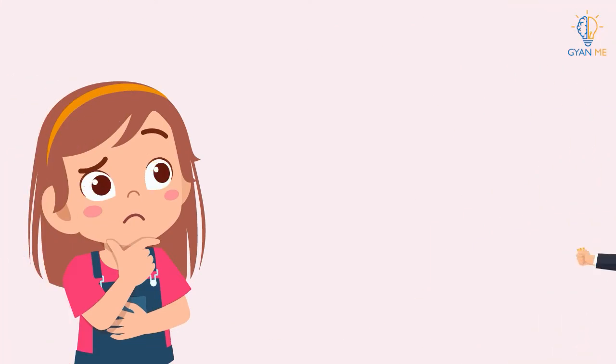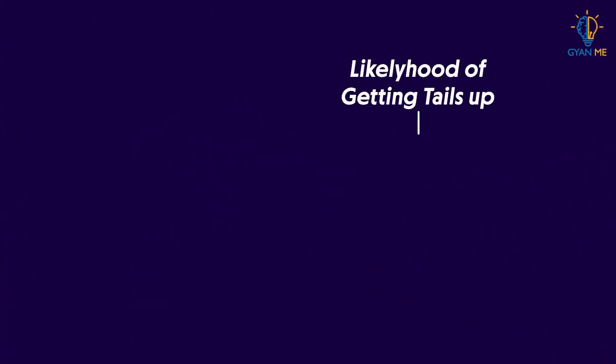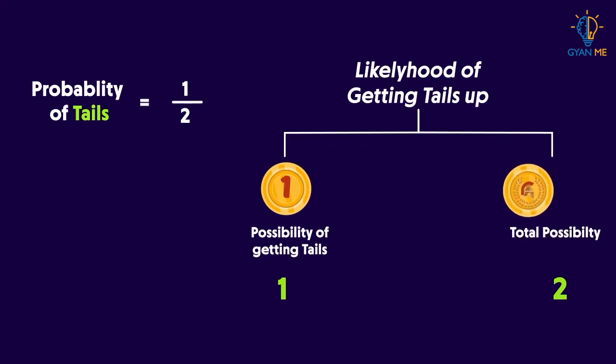Now if I ask you to tell me the probability of getting a tail without actually tossing a coin, can you? I guess it is easy for you now. Correct, the logic is the same. So just like heads, the only way we can get tail is if the coin lands tails up. And there are two possibilities in total, that is heads or tails. Thus, the probability of getting a tail is again 1/2.